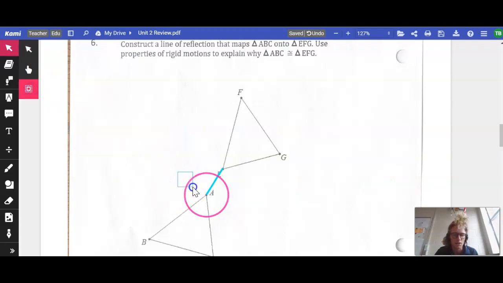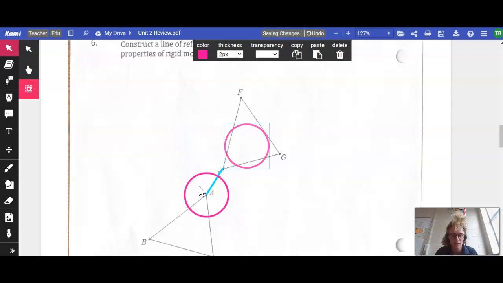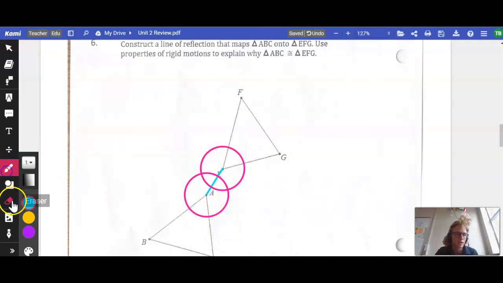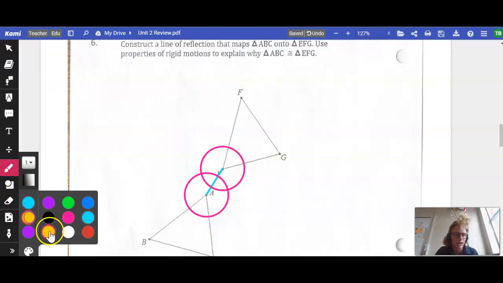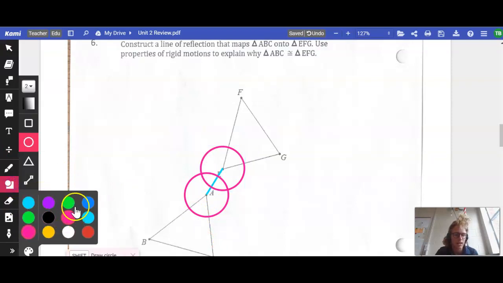Now, I'm going to copy and paste my segment, aka for you all, I'm going to create a segment that is the same size as the first, center it at the other point, and draw my arcs. Now, I connect my two with a line,